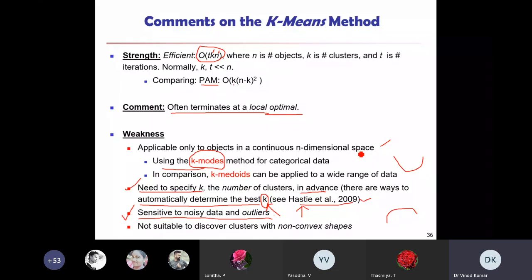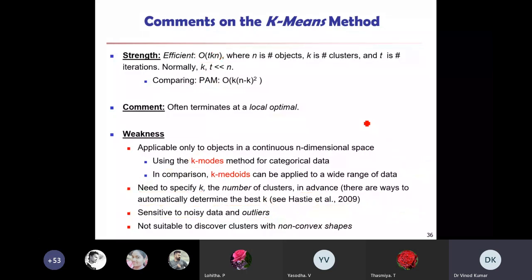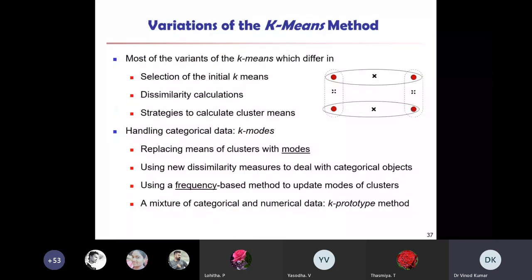So whatever the drawbacks, disadvantages, or cons are in the calculation of means, they will inherently creep into the k-means algorithm, because k-means is based on the mean. So this is the disadvantage that you have to write if somebody asks or some question comes.